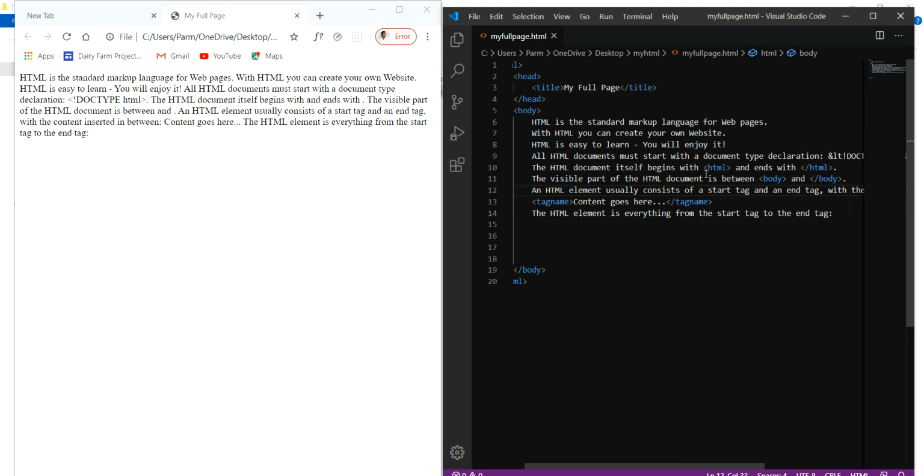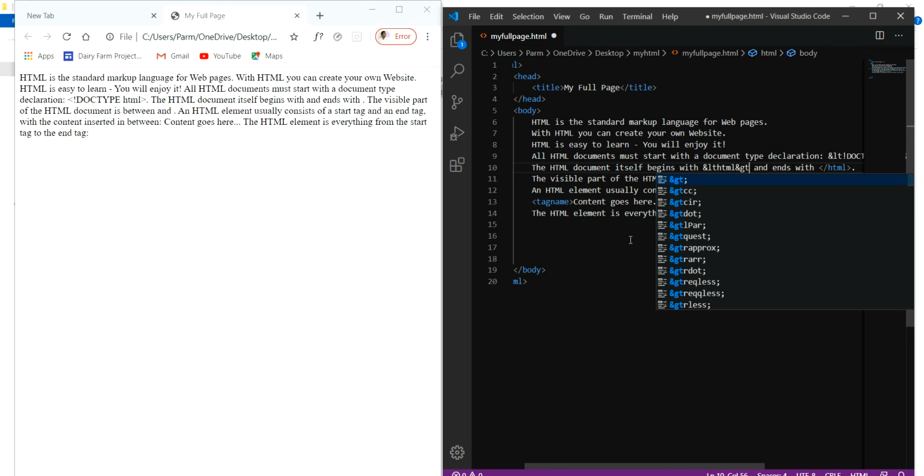It's again not showing this symbol, because this again has the same problem, because we have used less than and greater than signs. So again I have to use entities, that is &lt for the less than symbol, &gt for the greater than symbol.